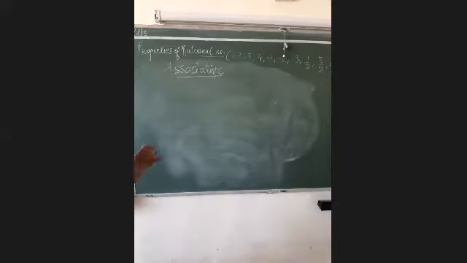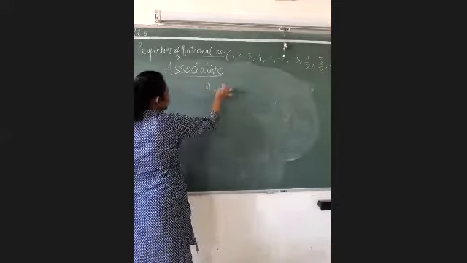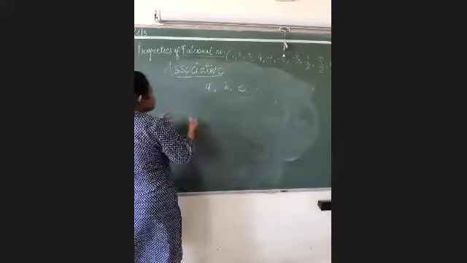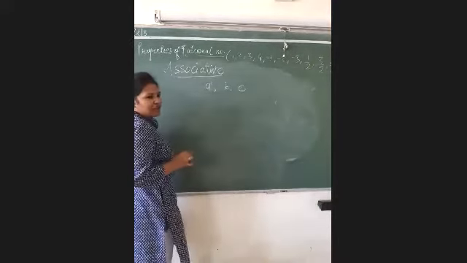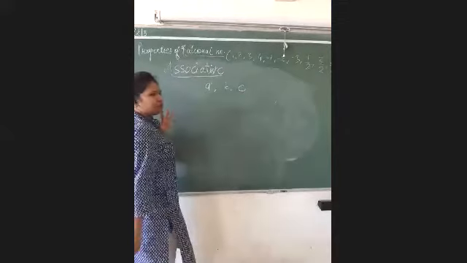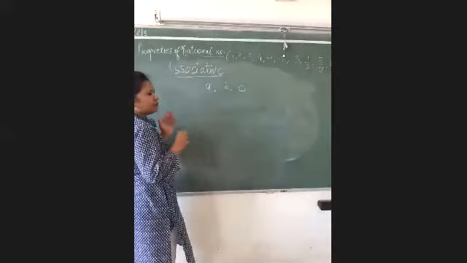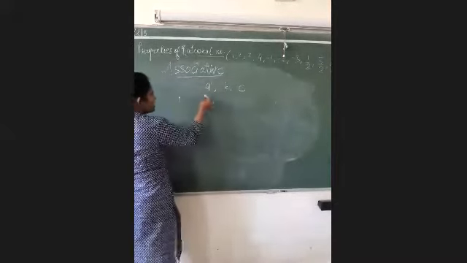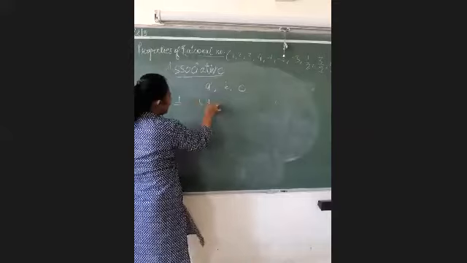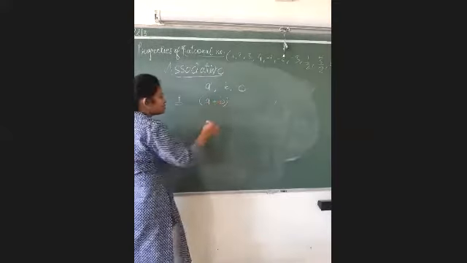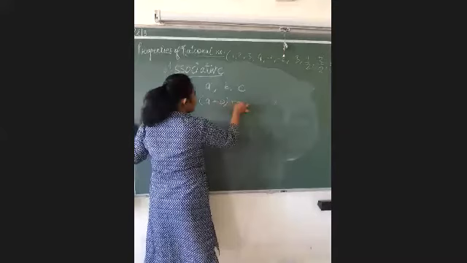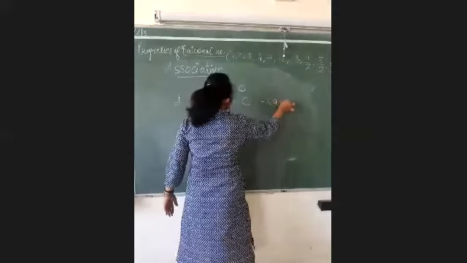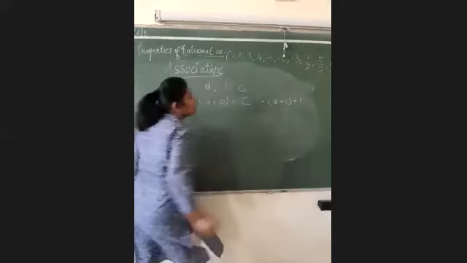The associative property says that, for example, if you have 3 numbers like A, B, and C, you can always group the numbers and it will not affect your answer. For example, you have multiple numbers in your question and you group them and solve, it will not affect the answer. Let us try for addition. It says that if you add A plus B first and then at the last you add C, or you add A and C first and at last you add B, the answer will not be changed.